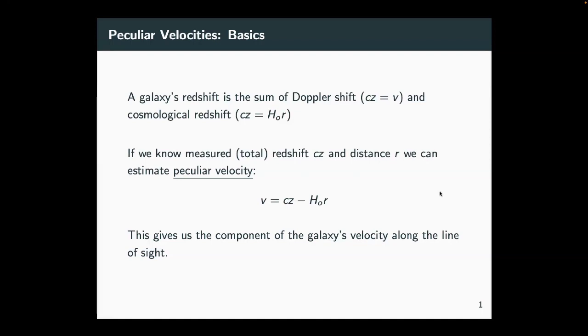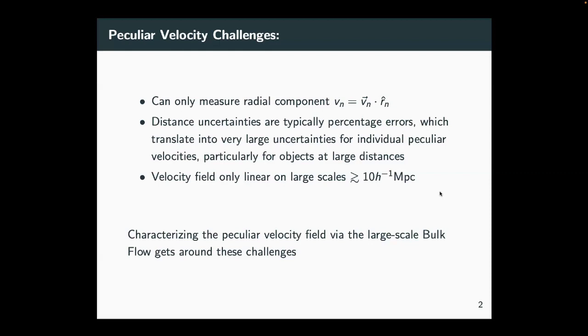Because of the r being in here, we need to measure the distance of the galaxy, which is generally difficult for faraway galaxies. So some of the challenges of working with peculiar velocities: first off, we can only measure this radial component, so we can't get the full 3D velocity. The distance uncertainties are typically a percentage of distance, so once you get to reasonably large distances for galaxies, you have ridiculously large uncertainties for the